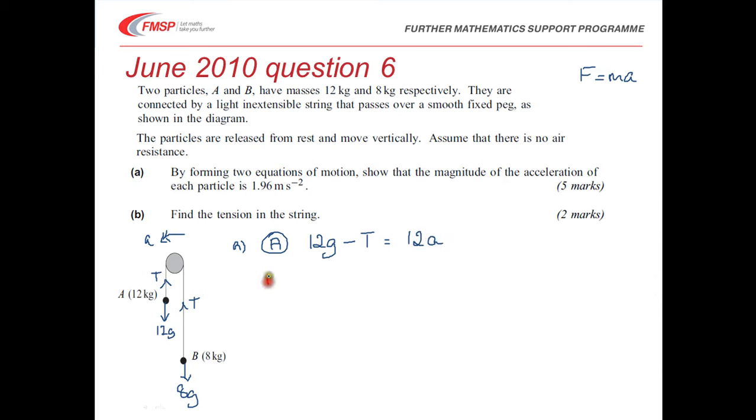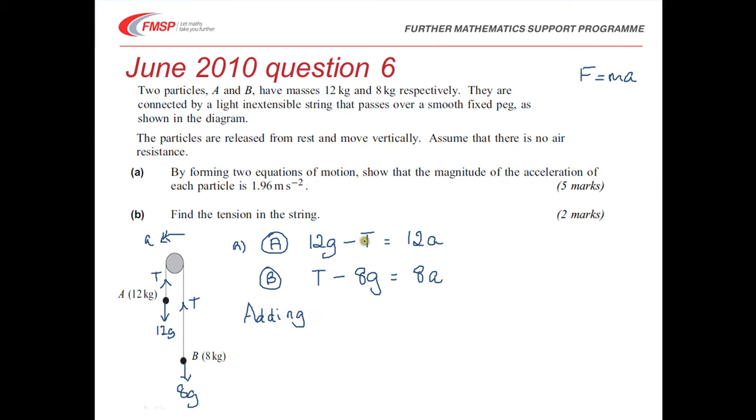And then we can do a similar thing for particle B, but remember particle B is moving upwards, so T is the upward force and 8g is acting downwards, so the resultant force in that case is going to be T minus 8g, which will be equal to mass times acceleration, which is 8a. So what we're going to do now, notice that we've got a negative T there, and a positive T here. So adding those two equations,